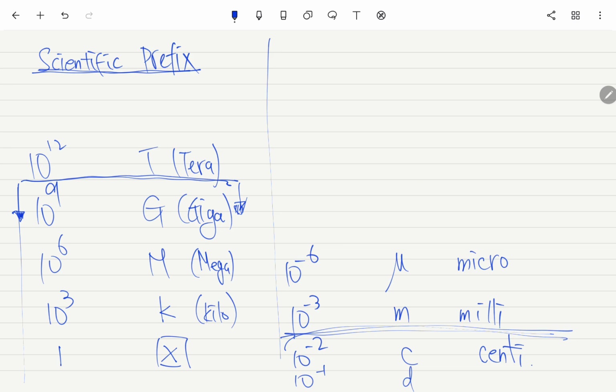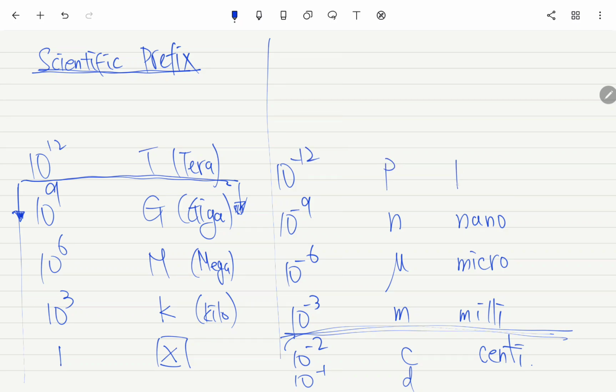So you need to distinguish milli and micro. 一个是毫，一个是微。And then 10 to the negative 9 is n, so nano. 就是纳米，半导体的话是什么纳米。